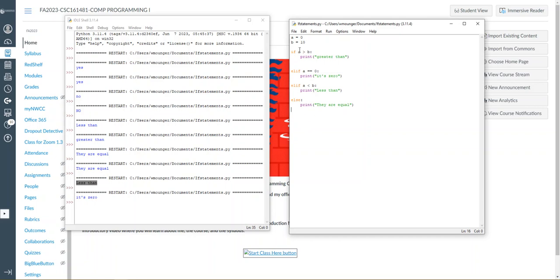And I can, of course, like I said, have as many of these as I need. But it's always going to start with if, and then typically you would end with else. I mean, I could get rid of that and run it like this, and it would still work. But generally speaking, you're going to want an if and then an else at the end, and then any other potential answers in the middle. And like I said, that could be a number of answers, not just a couple,